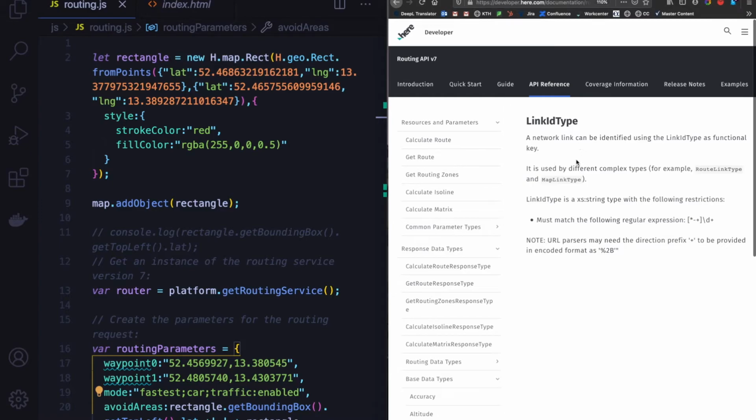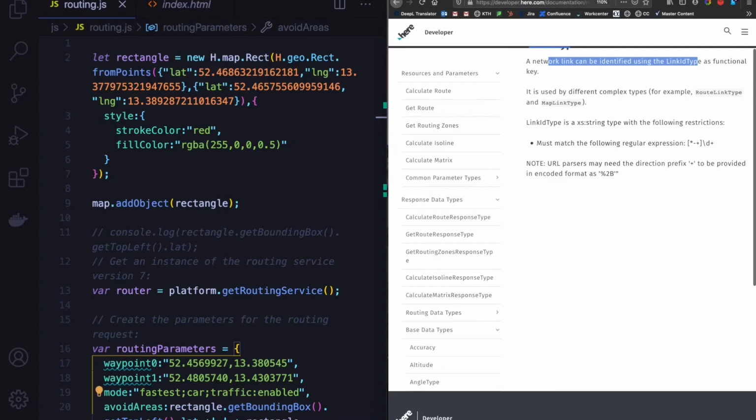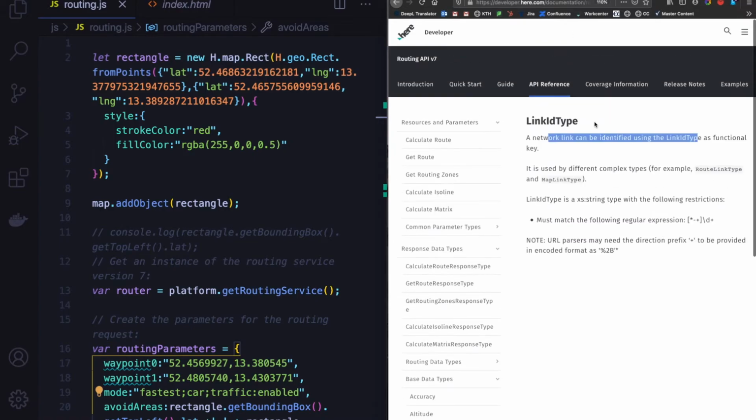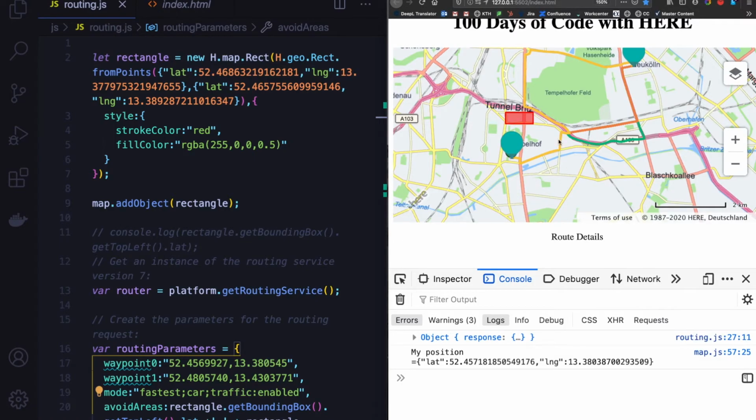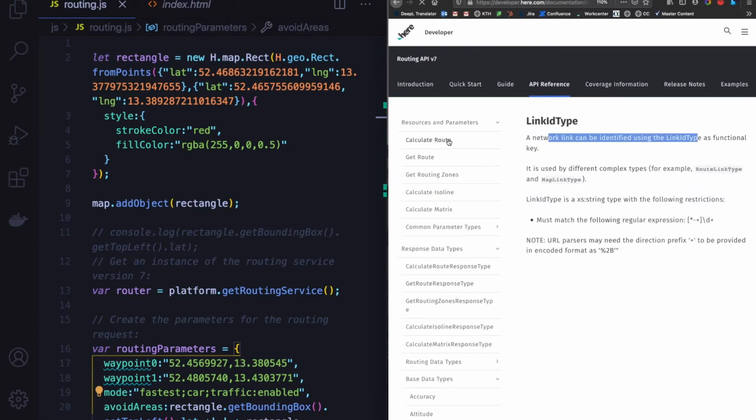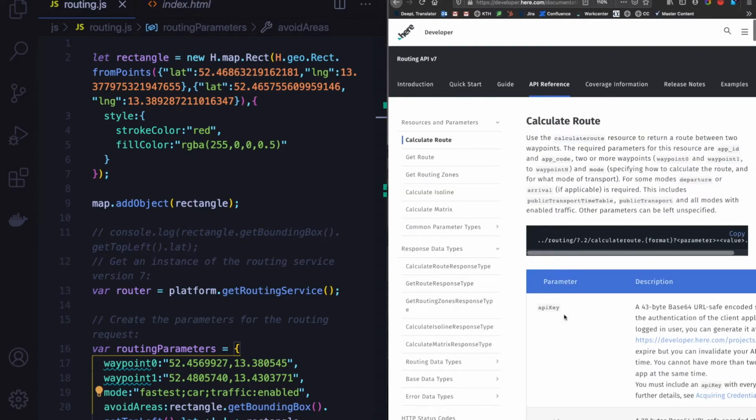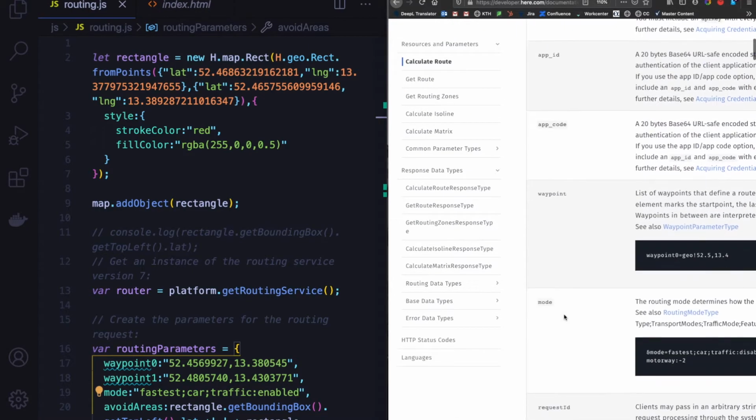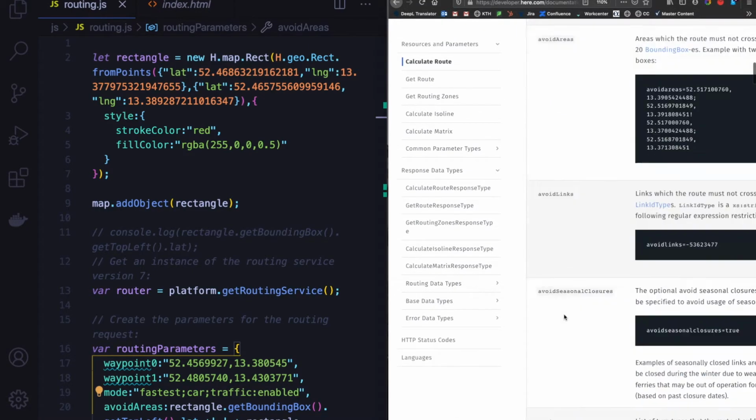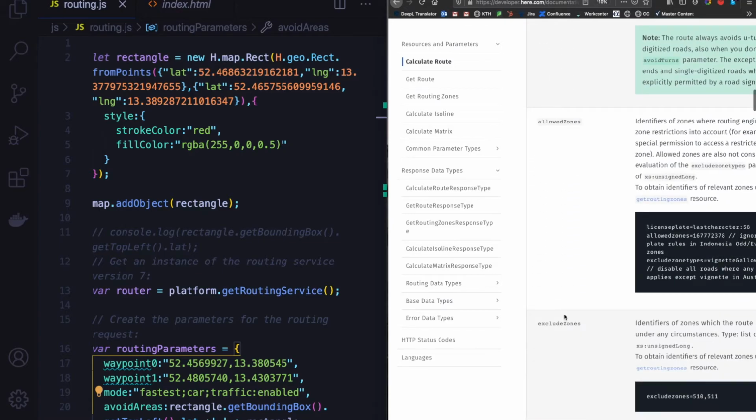And if you see this, what we need now is a link ID, which will be used to identify a patch of the road and then avoid it. So let's get a link ID. Now to get a link ID, we need to first display the link ID. And so what you can do is go to,